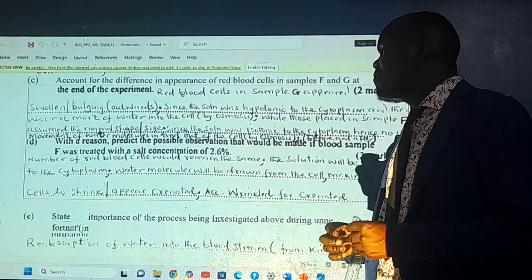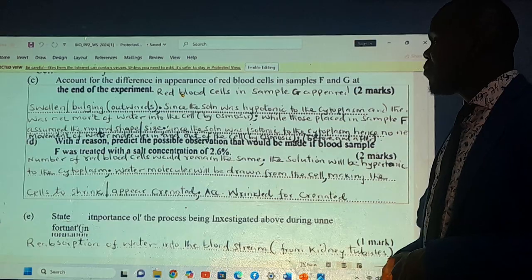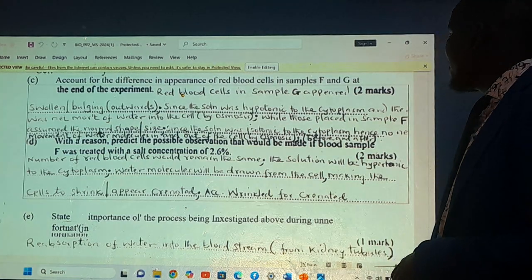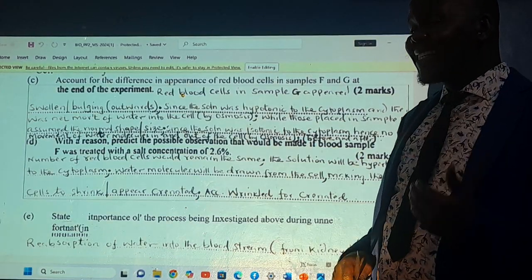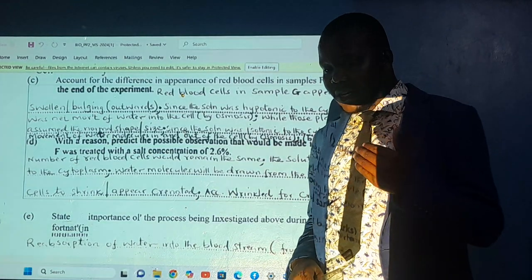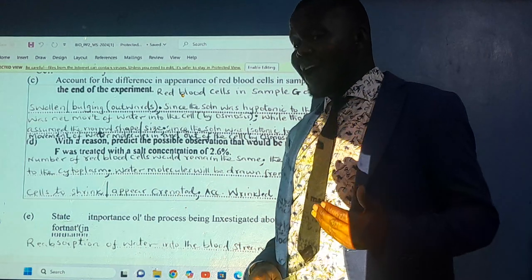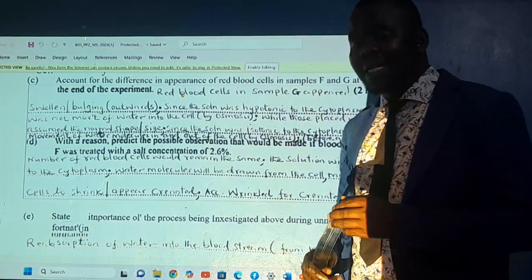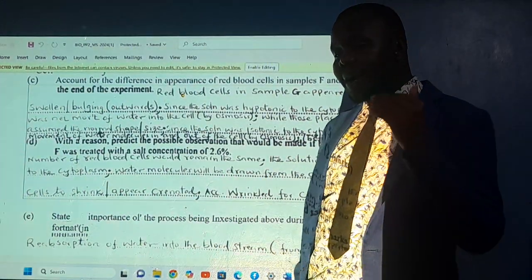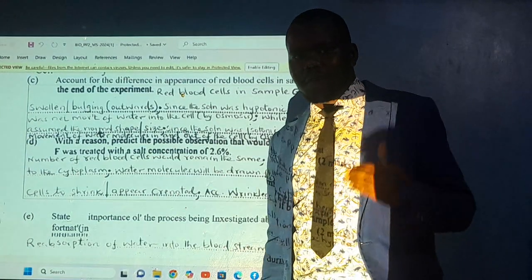We're speaking about F being 1.0. So when you make it 2.6, and we said 1.0 was what? Isotonic. So it means when you exceed 1.0, we have said 0.6 is isotonic. So you are moving from isotonic, at 1.0 you are at isotonic. Then now it means at 2.6 you will be at hypertonic. So it means that solution becomes hypertonic to the red blood cell cytoplasm. So it means the red blood cell cytoplasm will be